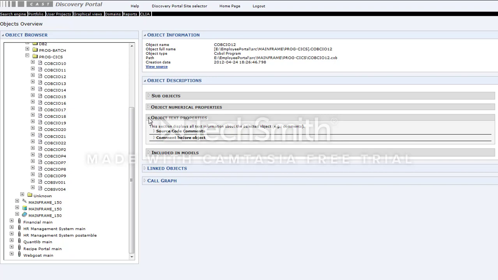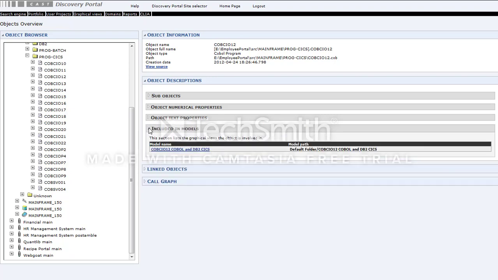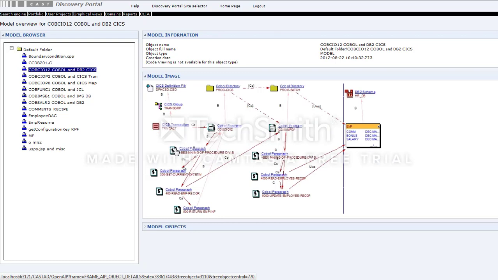But the main difference here is about the last subsection, included in models. This section will show as soon as you're looking at an object for which there is a model or graphical view at hand. So it's important, when this section shows, that you know that you can open it and look at some graphical views that will help you understand the situation. So for instance, here I will go back to the view I was looking at, but it could be during any regular browsing or after a search that you could get that, and here it's really here to help.